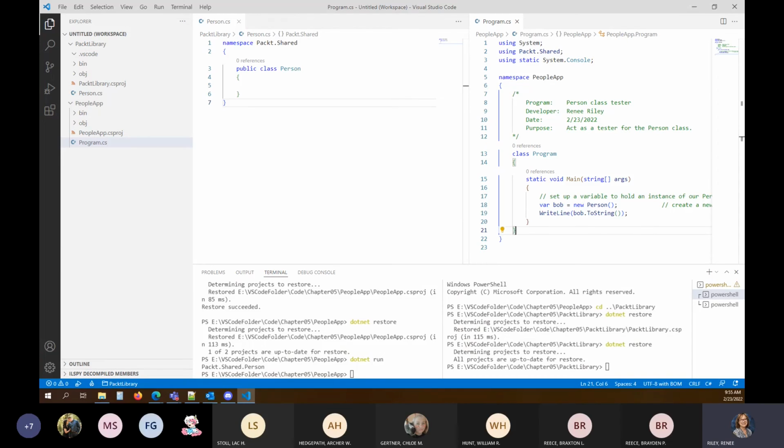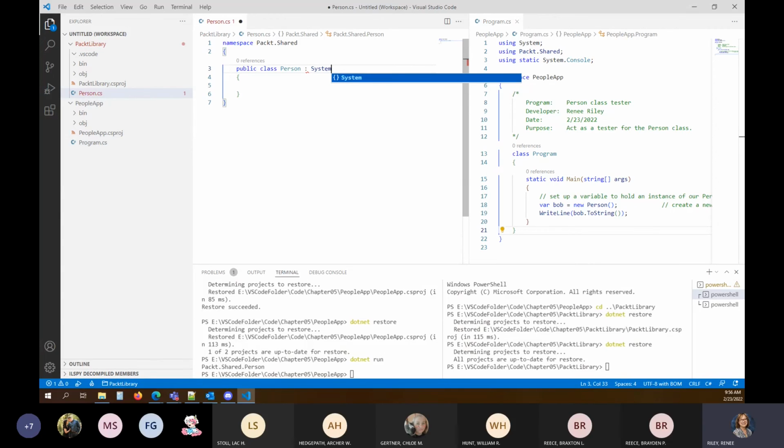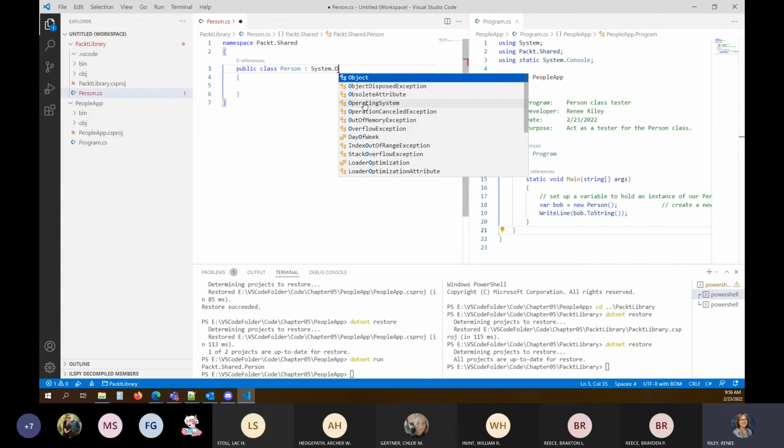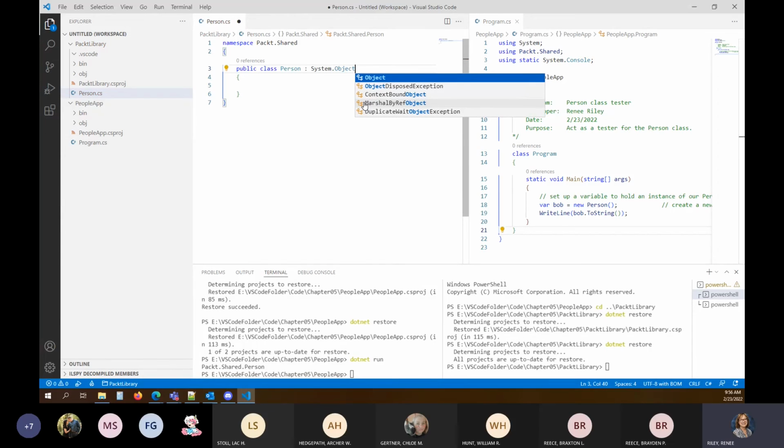Our person object is going to actually inherit from the system object type. So on our person class here, we could have a colon, which stands for inherits from, and we could say that our class inherits from the system object, an object being any class that somebody creates.